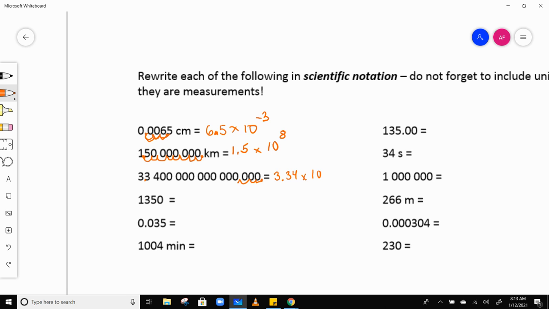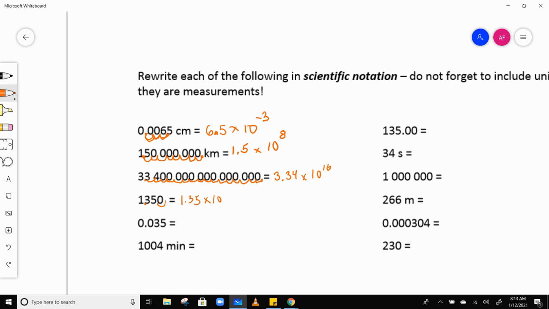Well, you got to move it 1, 2, 3, 4, 5, 6, 7, 8, 9, 10, 11, 12, 13, 14, 15, 16. Ooh, 10 to the 16th. Hopefully I counted that correctly. The number is larger than 1, so it's a positive. So it's positive. Okay, next one, 1,350, so 1.35